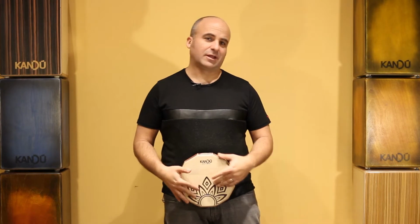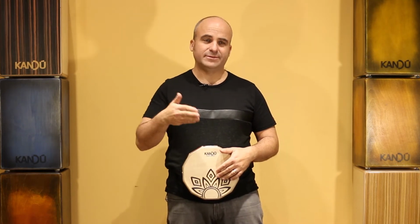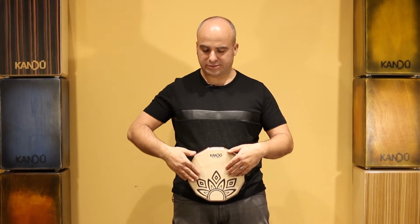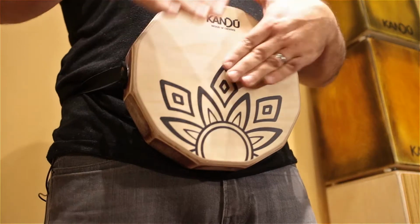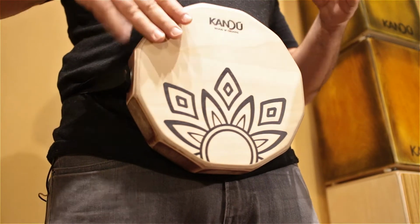Okay, I'm playing actually 8 strokes each time, and I'm counting according to the beats. 4 beats, 1, 2, 3, 4, and I'm dividing the beats in half, like 1 and 2 and 3 and 4 and, and so here we go. 1 stroke per actual count. 1 and 2 and 3 and 4 and 1 and 2 and 3 and 4 and...